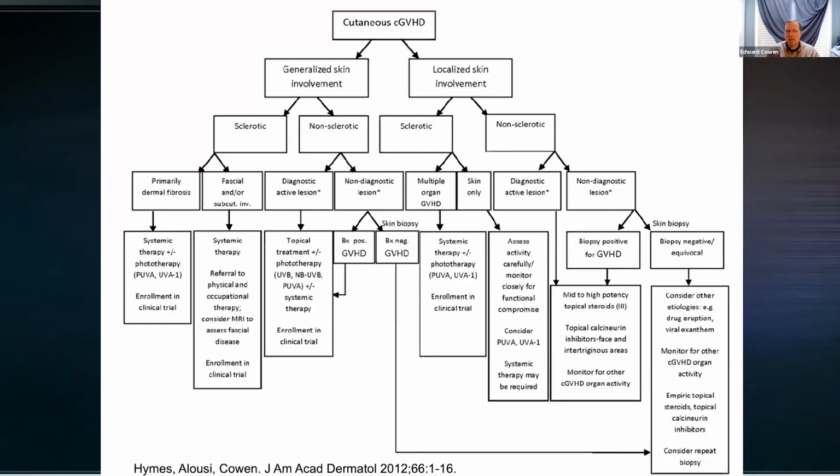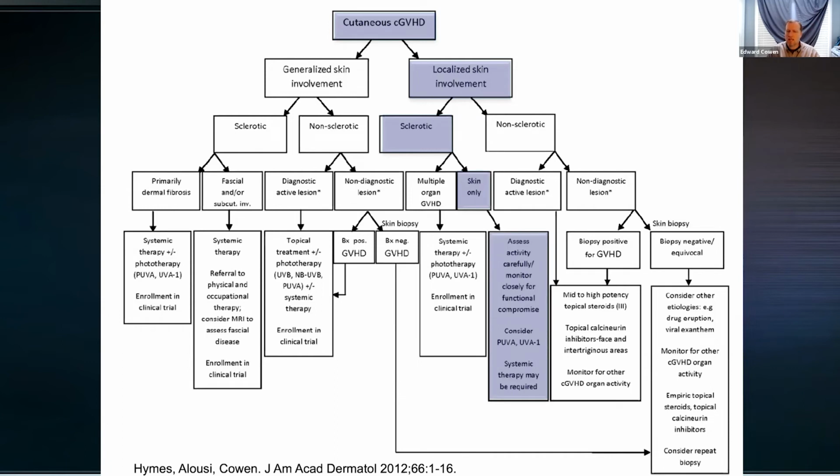So the way I think about managing skin GvHD, this is sort of my mental thinking. Is the involvement generalized or localized? Is the skin thickened or not thickened? And if it's thickened skin, is it limited just to the skin, or do they have multiple different organs involved? For instance, if a patient's got a localized area where the skin is thickened, then that might